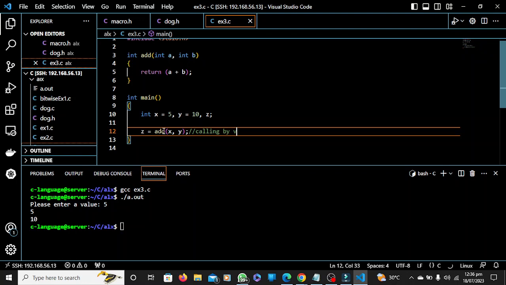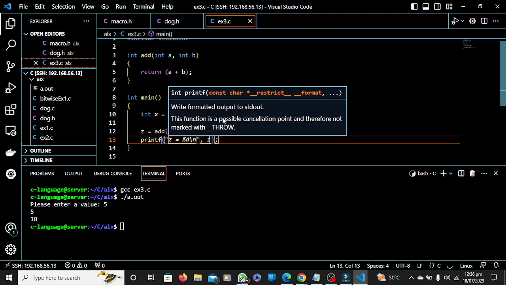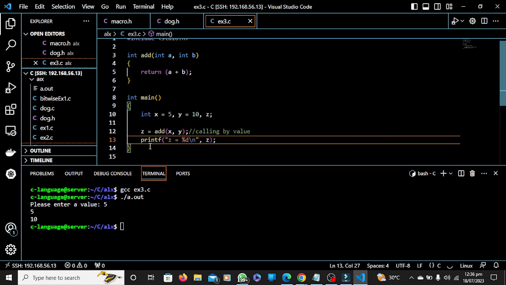Calling by value. And this x and y are local variables to this main function, and this a and b are local variables to this add function, right? Now let me print out my z. As the first thing, the main function will allocate memory, 4 bytes of memory for this x and y and z. Then this z now calls this add